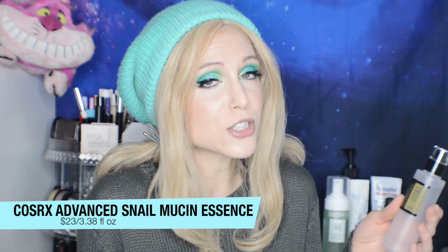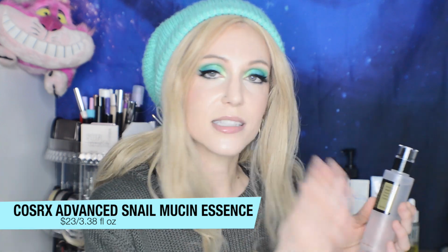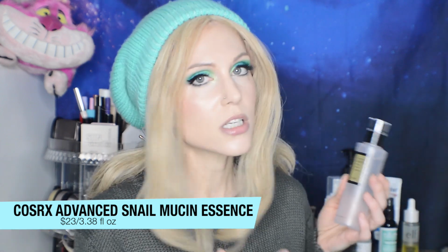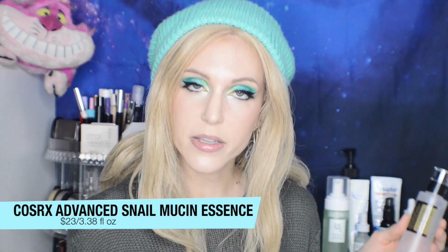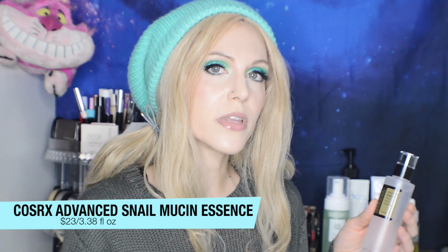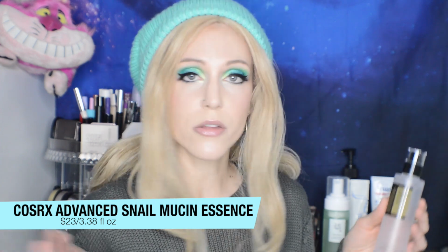So it is especially nice if you have any kind of skin concerns, whether that's sensitivity, whether you, like me, do deal with acne. Just an amazing anti-inflammatory, antimicrobial. It is a star product as long as you don't mind that it is a little slimy, as it is snail mucin, and do know that it's possible to have an allergy to snail mucin, but otherwise,